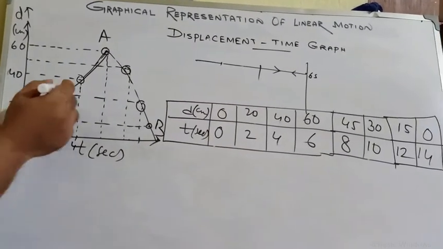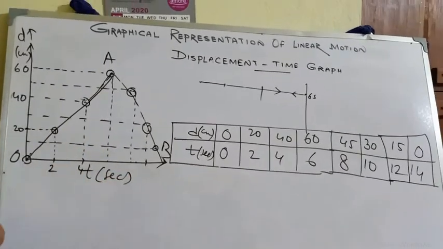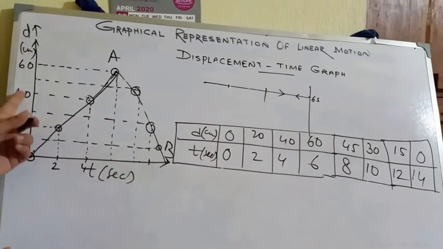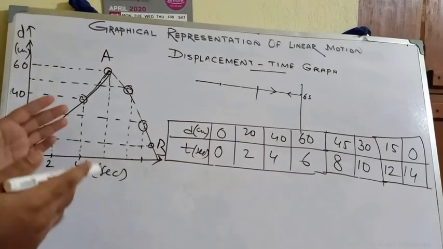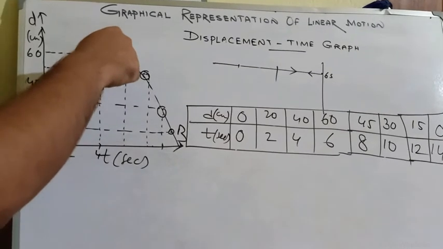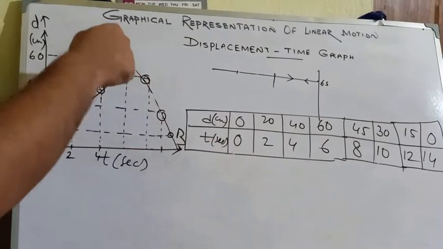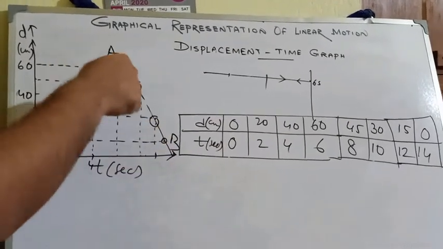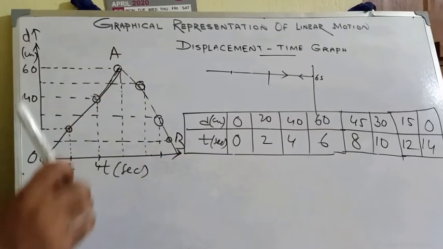What is the velocity? If you take here 40, here it is 4. So 40 by 4, which gives us 10 meter per second, 10 centimeter per second. It is 10 meter. So it gives us 10 centimeter per second. So the ball is going towards the wall. Okay, and after striking the wall, it is coming back along the same line. See, along the same line. Here the slopes are same. Along the same line, it is coming back.